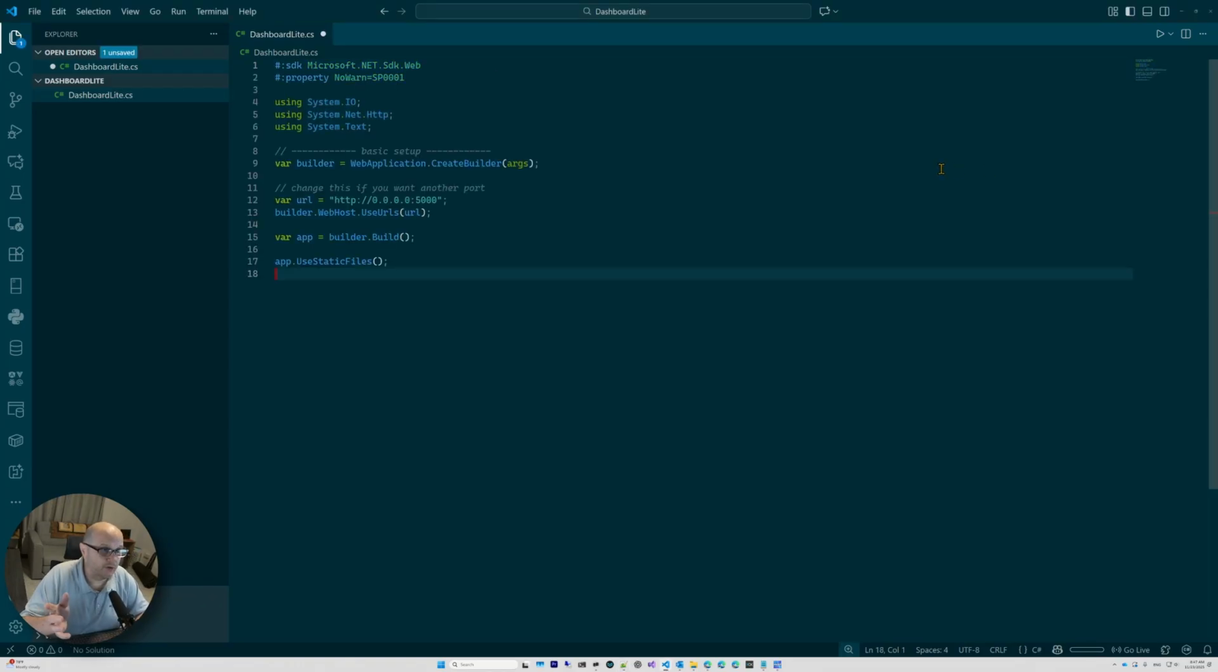First, I'm going to bring in some stuff. We're going to use the .NET Web SDK. This right here just gets rid of some stuff that you don't need to see when you start it up. And really, this is what we're doing. We're creating a little web application. We're going to have a web host URL, just basic static files,